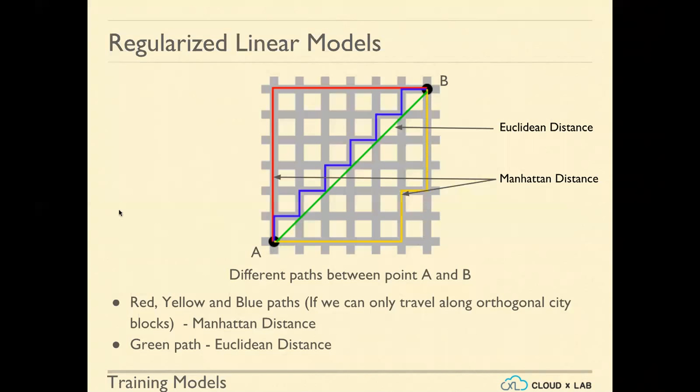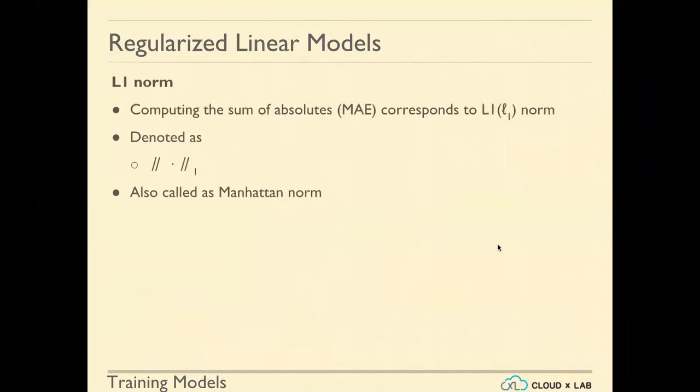That is the Euclidean distance, while Manhattan distance is simply counting the absolute value, y minus y1 plus x minus x1. That's all. So whether you go this way or you go this way, you're always going to get the Manhattan distance. So the L1 norm is essentially the Manhattan norm, because there we are computing the summation of the values instead of squaring them. Okay, so computing the sum of the absolute